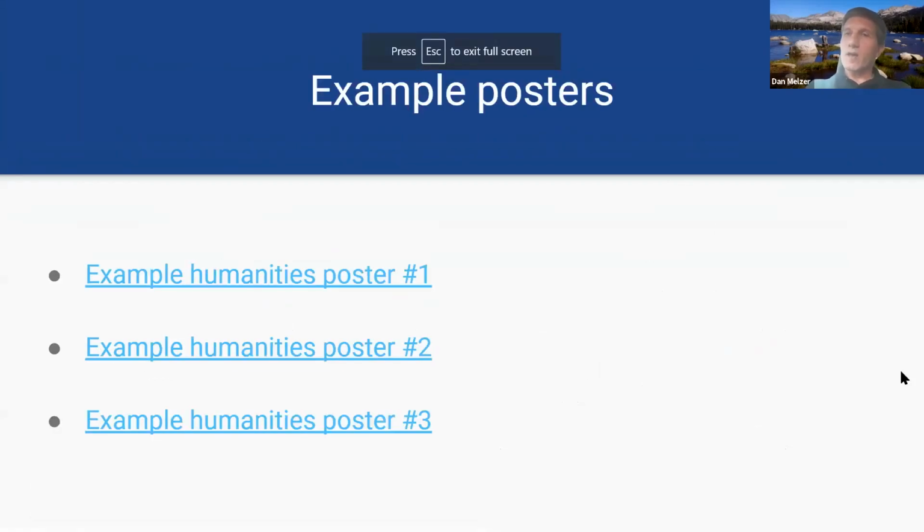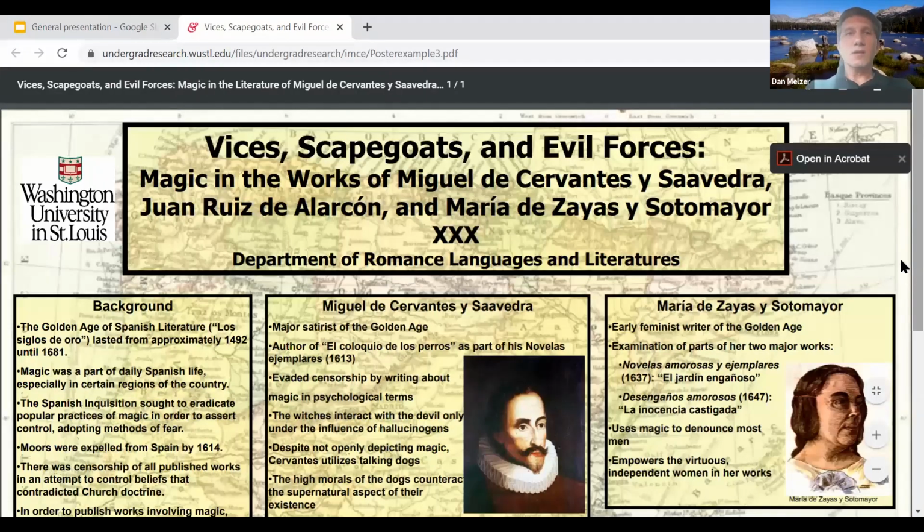Now I want to look at some example posters and apply what we've been talking about in a concrete way. I found some posters from undergraduates and graduate students across the country, and I grabbed 3 posters that I think will be helpful in talking through some of the ideas that I mentioned in this video. This first poster is from